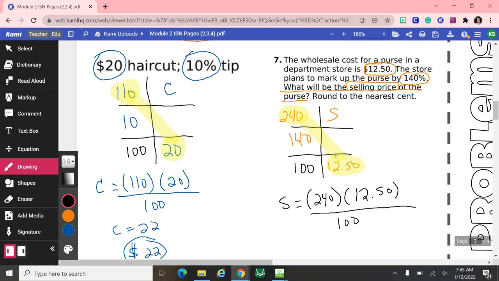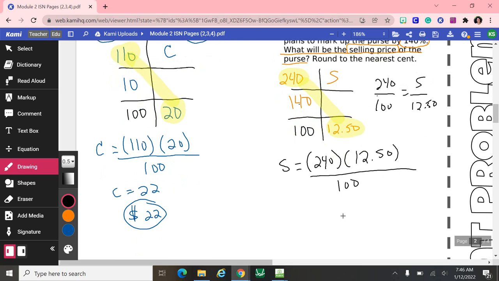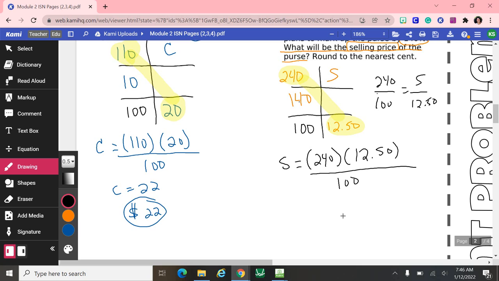When we are doing our cross multiplication, what we're technically doing is setting up a proportion that would look something like this if we were going to put it with the typical signs. But we're skipping that step here because we're going straight to using what we know about multiplying the two we have and dividing by the one that's left. When we calculate that amount, my selling price that I have